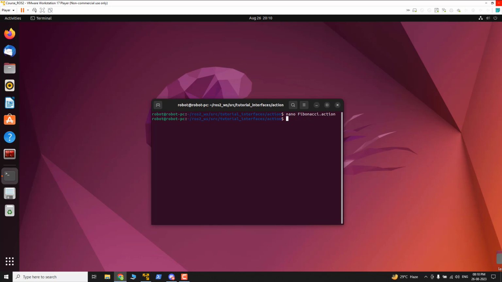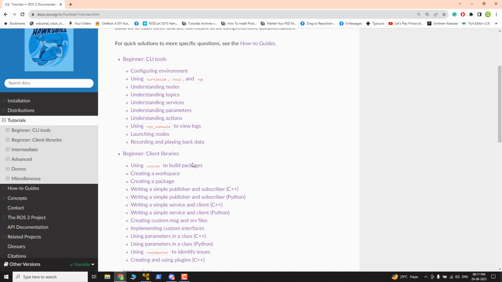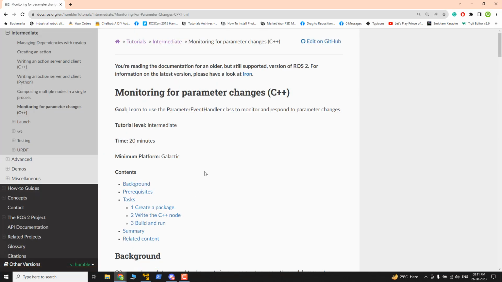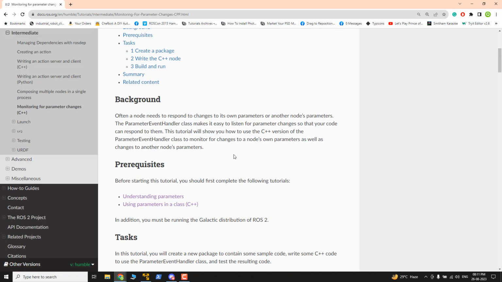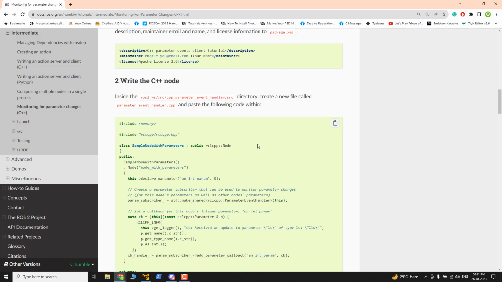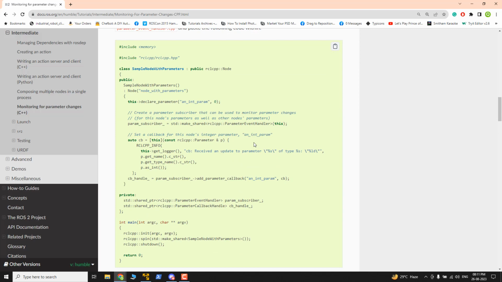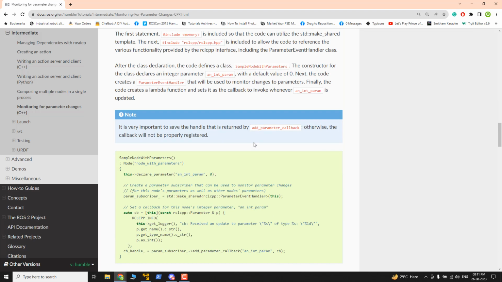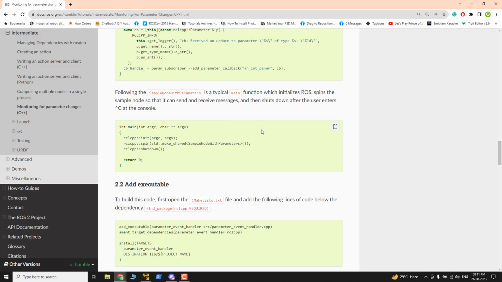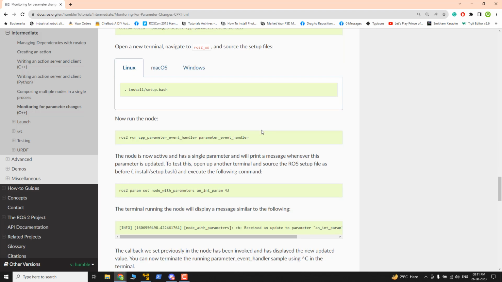Let me take the tutorial again. Okay, the tutorial is this one: monitoring for parameter changes. Okay, parameter changes. So what is this tutorial about? Okay, it's a very useful one. The tutorial is about creating a node,